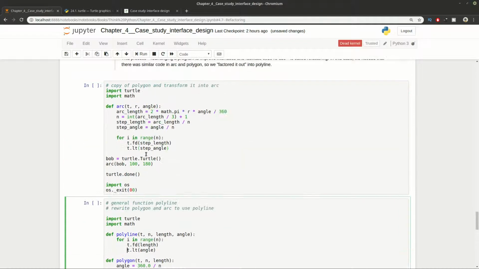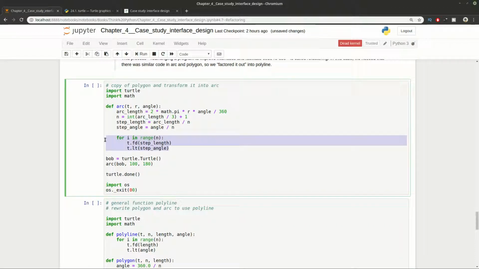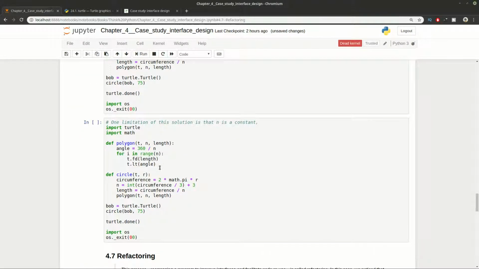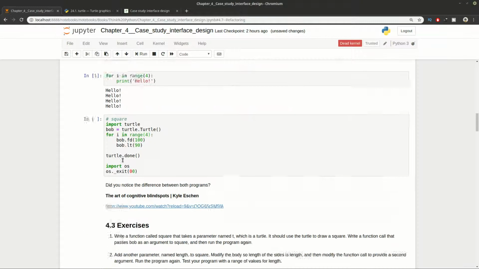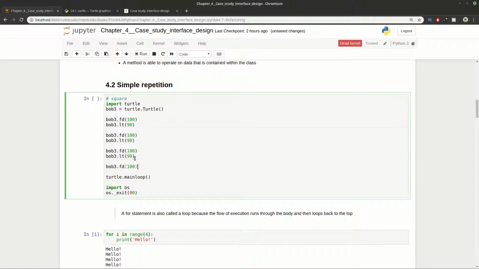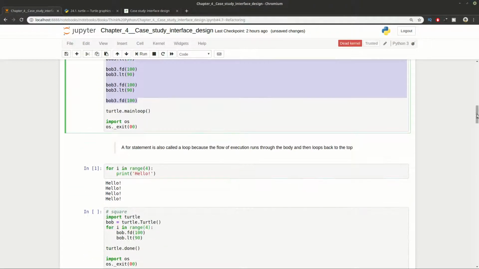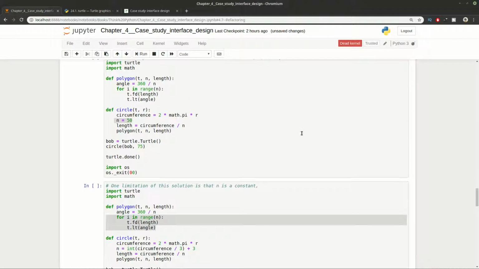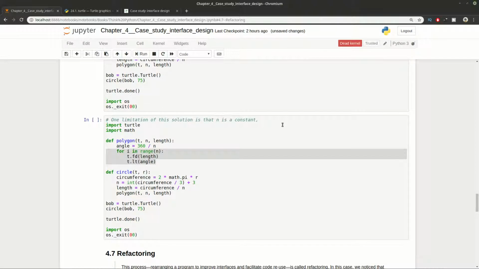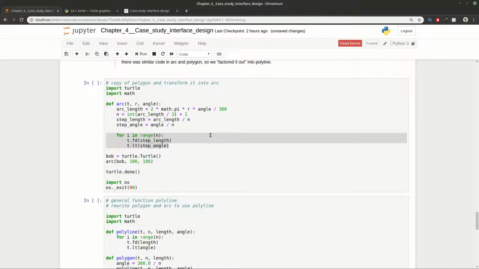How to find which parts of your code are good for refactoring. You can search for repetitive pieces of code. For example, we can see these lines here, which can be found here, and we can find them even at the beginning. For example, we can see them here, and these lines are perfect for refactoring. And this is the process of refactoring, when you rewrite your programs and make them smaller, easier to read, and working in a more generic way.